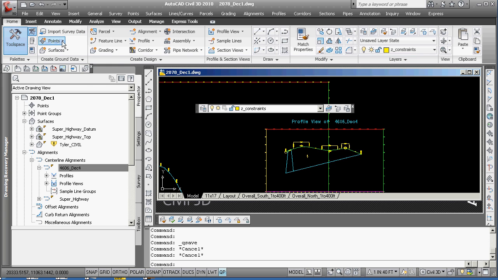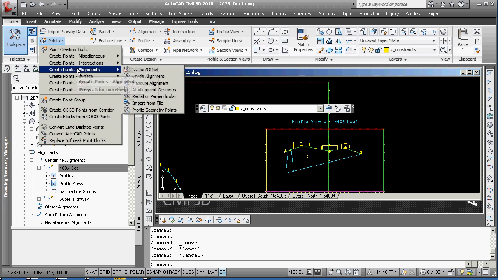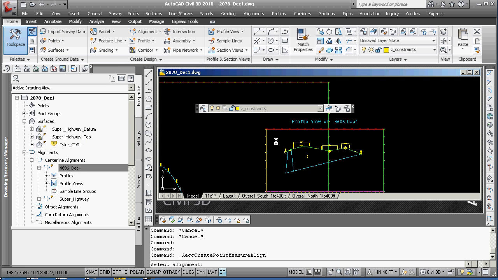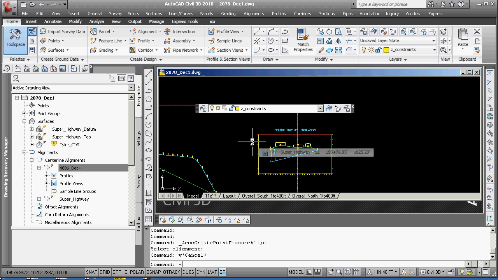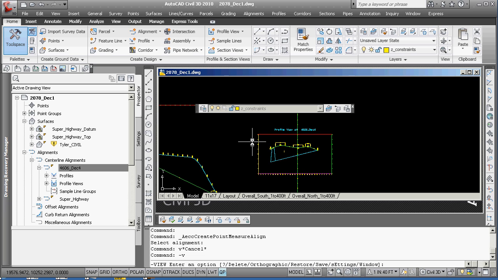And you have all experience putting points at alignments, and you can actually divide an alignment or measure an alignment. We're going to use measure an alignment. It's going to ask us to select the alignment. You have to pick this one. It doesn't let you pick from a list, which means you have to now jump back. Before you jump back, you'd like to make a view. Mine is view overall,